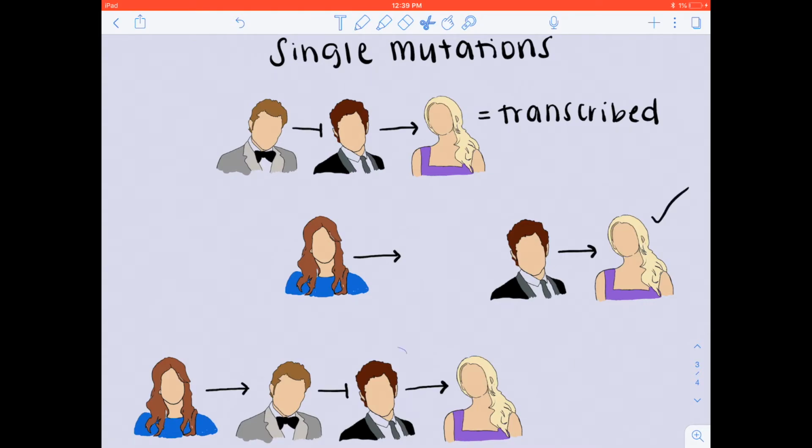In this third mutation, the Dan gene is going to be eliminated. This means that there is now nothing activating Serena, and the Chuck gene is still able to repress, which means the Serena gene is not going to be able to be transcribed.